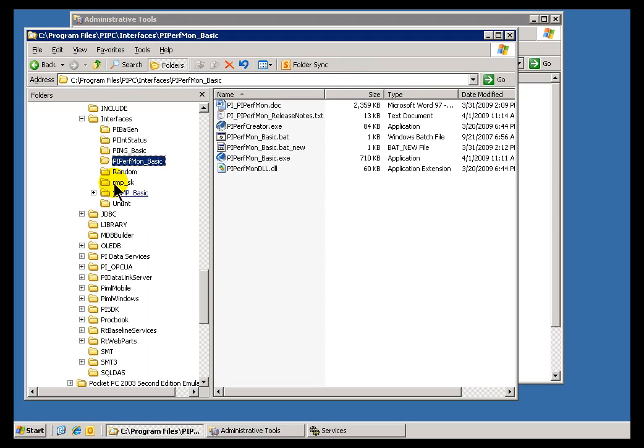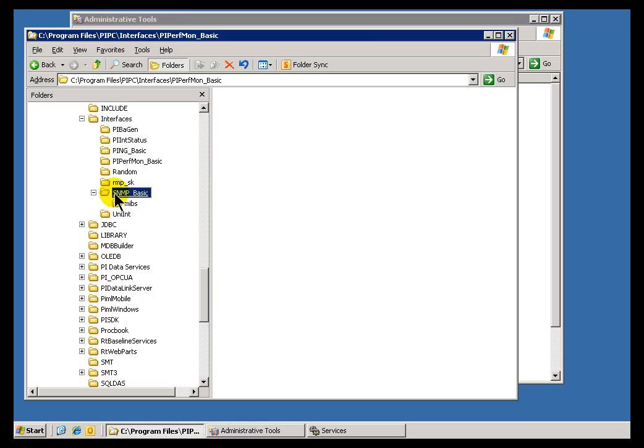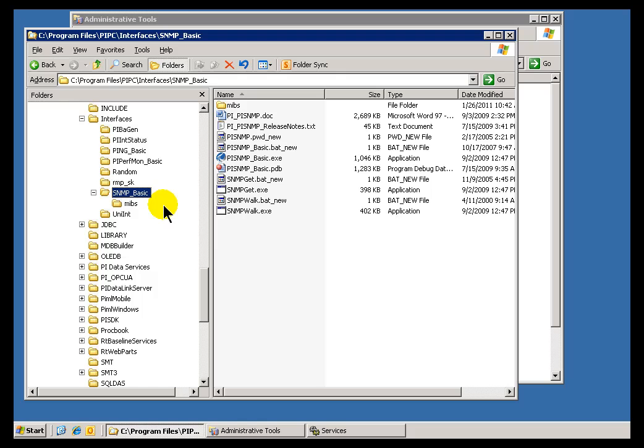And we also have a similar interface for bringing in Snmp data. So Snmp data can be anything from router traffic to whether a printer has toner in it or not. So different devices publish their Snmp data across the web, and we can go out and retrieve that data using